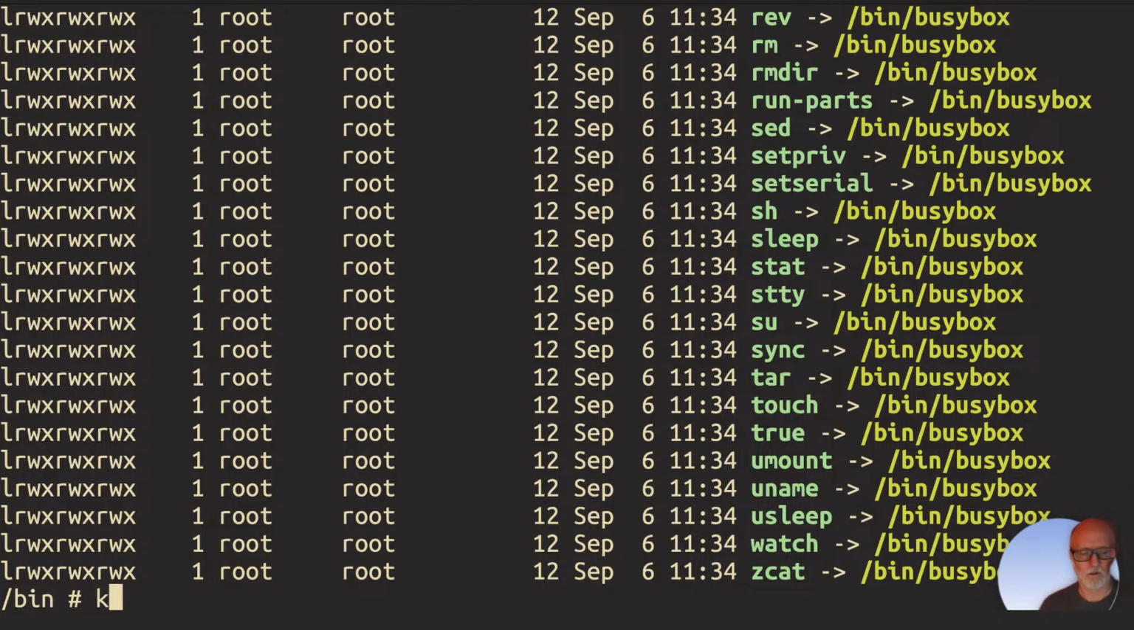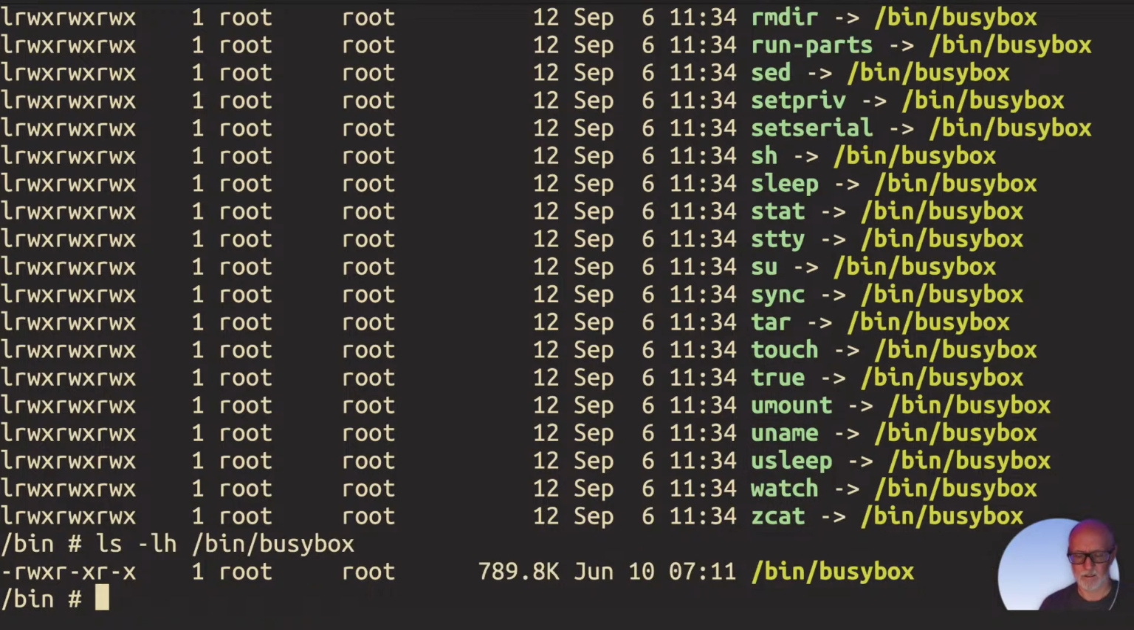What? That can't be right. So they're all pointing to bin busybox. ls -lh bin busybox. And so you can see BusyBox is the entire operating system. Not the operating system, the kernel's not in there, to be fair, that's the main part of the operating system. I made a mistake there. But all the utilities that you're looking at are all contained in a single 790K